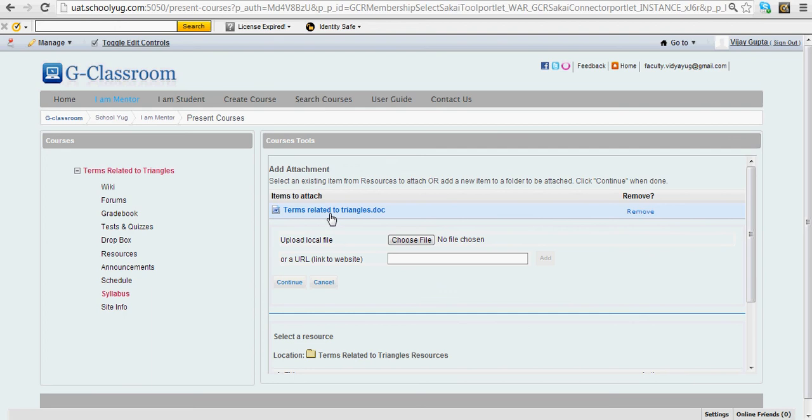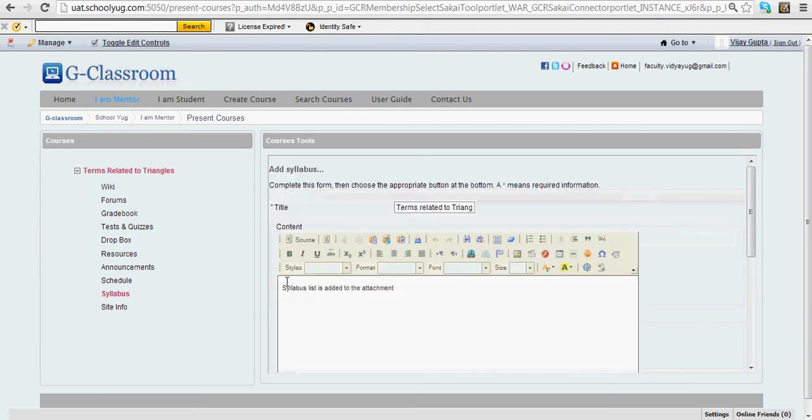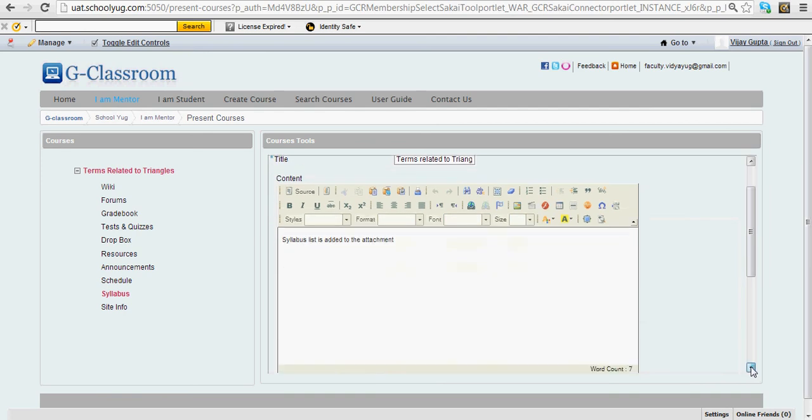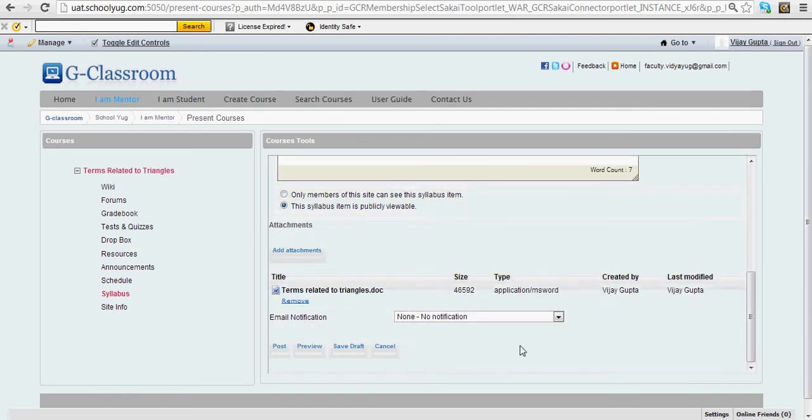You can observe that the terms related to triangles document file has come here, or you can give the URL. Let us click on continue. You can see the file is attached, terms related to triangles, the size of the file, the faculty name and whoever modified the file.